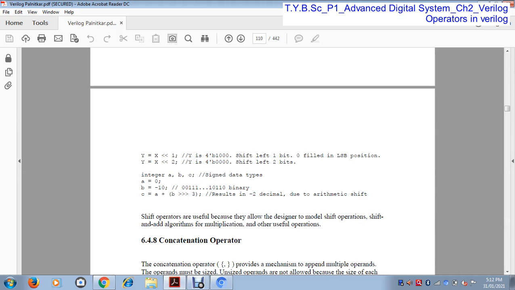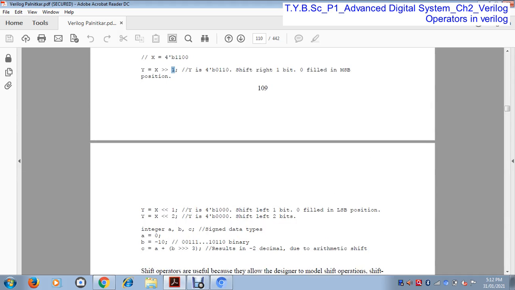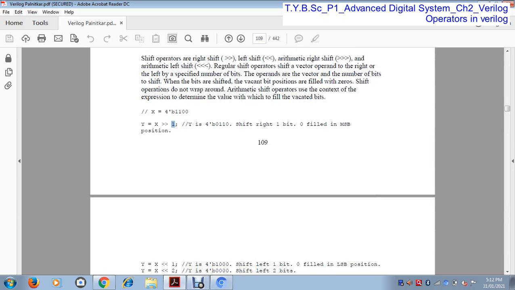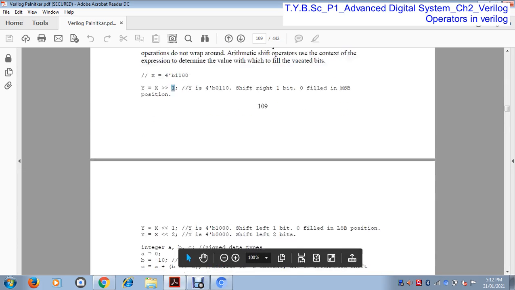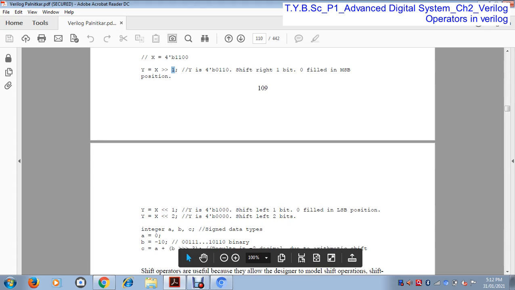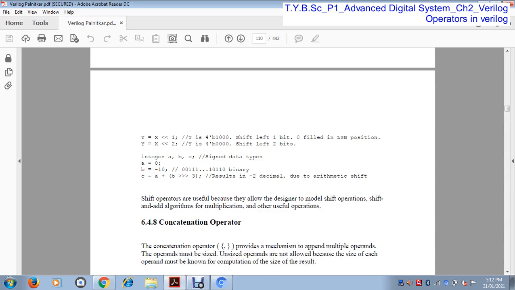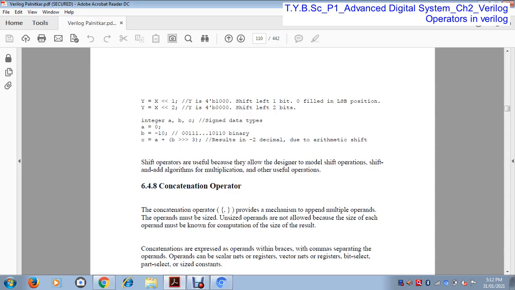If we shift again, x left shifted by 1, here the left shift, that means this 1 goes to this position, this 1 goes here, this 0 goes to this position, and this 0 goes to this position. So the result is 1001. 1001 is the left shift, and here the right shift is by 2 times. So the shift is performed 2 times. In this way left shift and right shift are done.